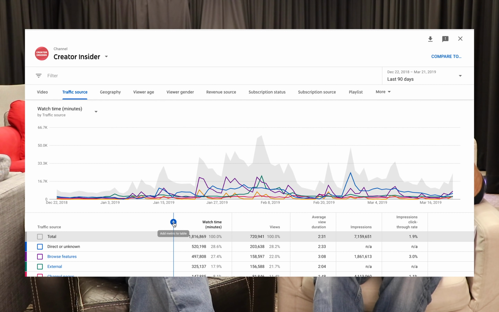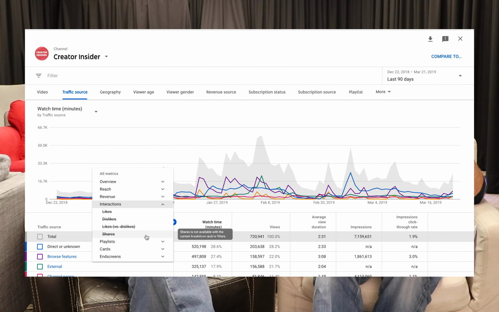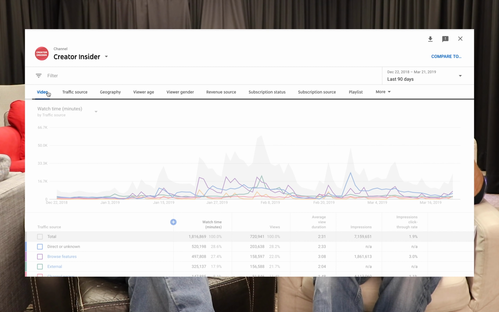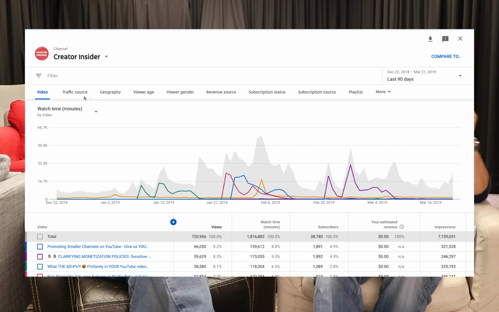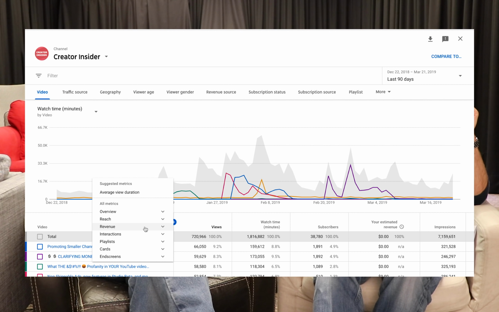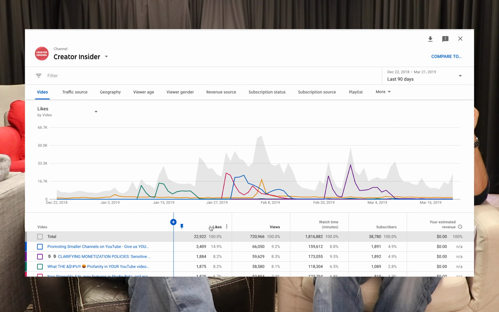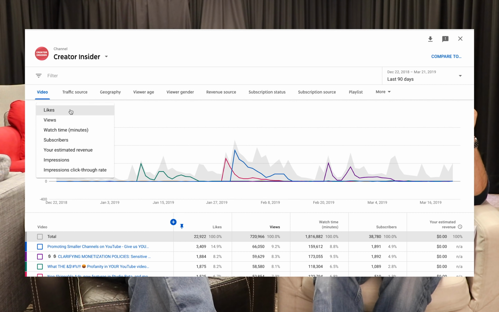So what you want to do is go to this plus icon here that allows you to add metrics. And in this case, we're looking for interaction metrics. And it's not available because we're looking at traffic sources. So going back to the videos, I'll explain that picker in a minute. But the default state is looking at videos. You'll go to the plus icon here, interactions, and then you can add likes. Adding likes to the table here will also add it to the